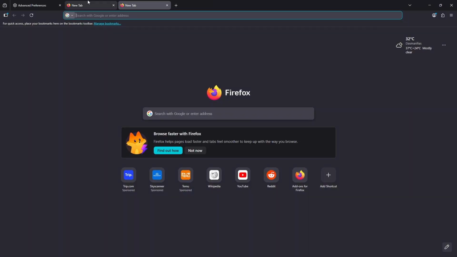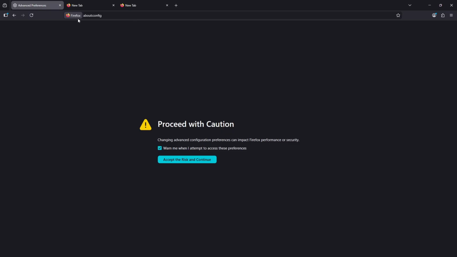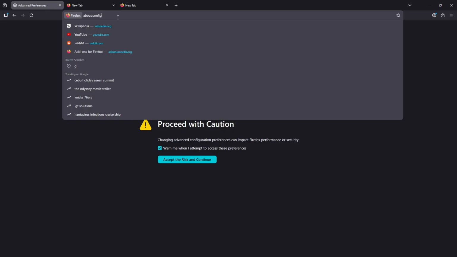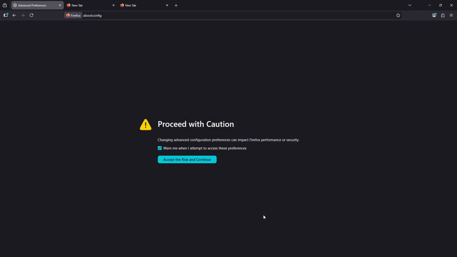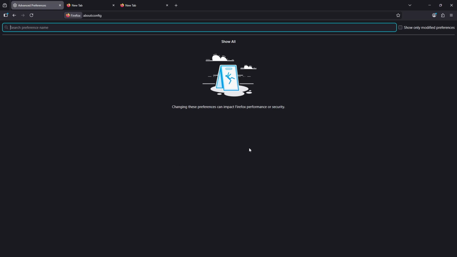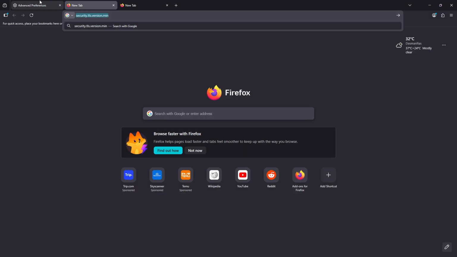First things first, you could just simply go ahead and open up your Firefox, and go for about:config. And from here guys, you could have this feature over here, and you could just simply select accept the risk and continue. Now you will have a search bar at the top, and you could just simply search for